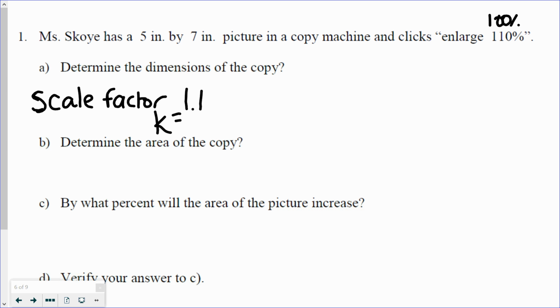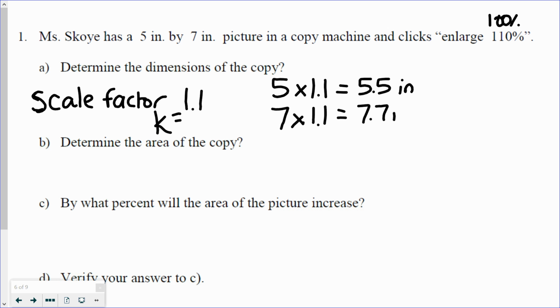So if we're looking at those dimensions of the original picture, we need to apply that scale factor of 1.1. So 5 inches multiplied by the scale factor of 1.1, and 7 inches multiplied by my scale factor of 1.1. So our new dimensions of the picture are 5.5 inches by 7.7 inches. Now determine the area of the copy. We know the area of a rectangle is equal to the length multiplied by the width. So if I take those new values, 5.5 multiplied by 7.7